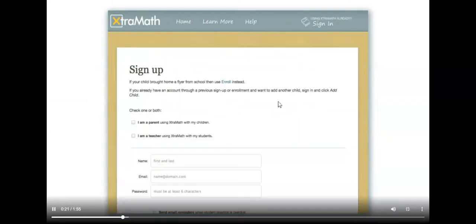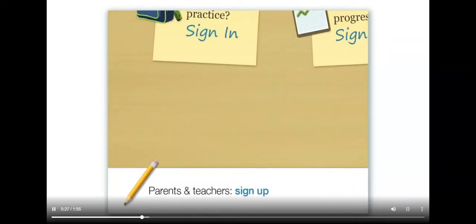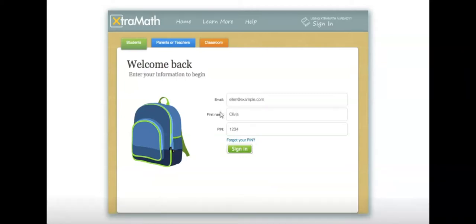Parents can sign up for a free account. Did I forget to mention that? Yes, it's free for parents that sign up. To set up an account, parents will need to enter their email address, their child's name, and a PIN number